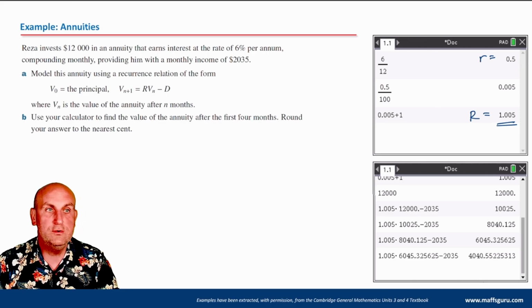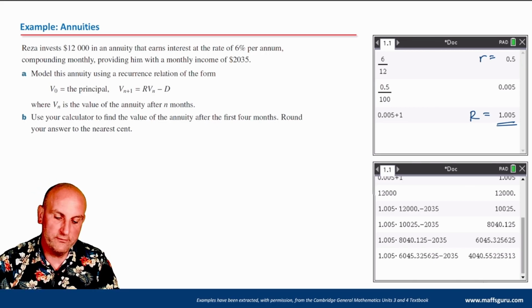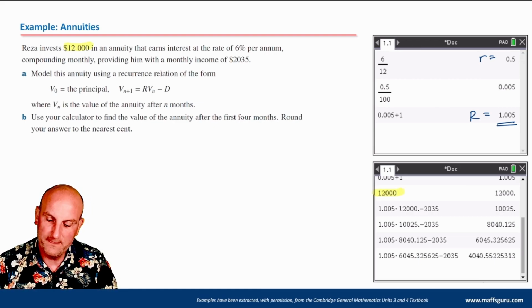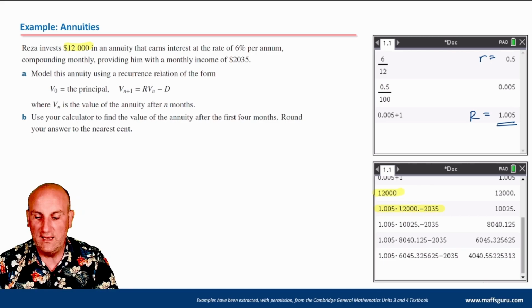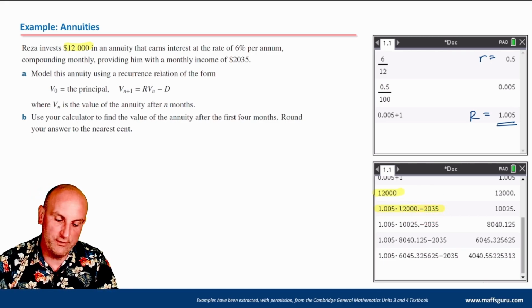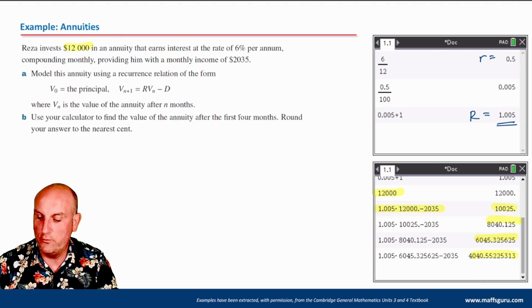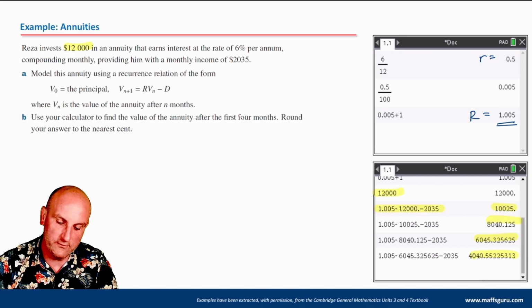Obviously, here now, use your calculator to find the value of the annuity after the first 4 months. So what have I done? Well, I put in the 12,000. Remember, there's my 12,000. I've put in 1.005 times ANS. The calculator's changed it to my previous value, minus 2,035, and then I've just done it 1, 2, 3, and 4 times. So after those 4 months, the value of my annuity would be